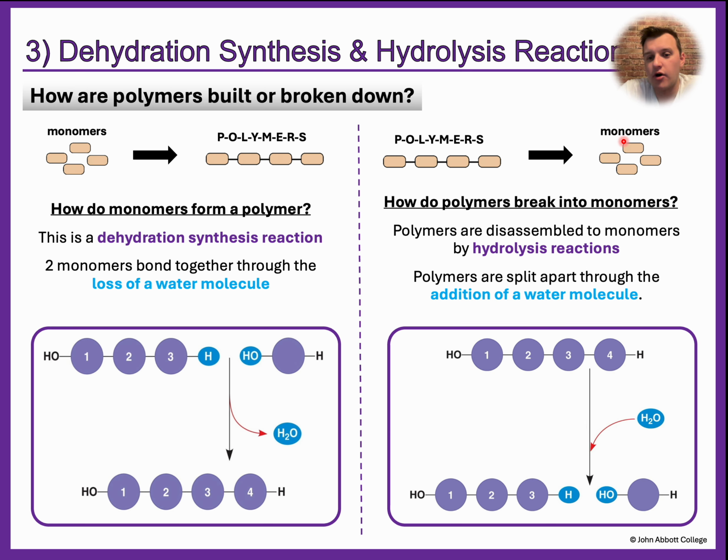Or even in the human body, sometimes we need to break down molecules that are no longer good, or many, many different things, right? But these polymers sometimes need to be broken down to monomers, and there's reasons why we need to do that. So when we do that, polymers, they are disassembled to monomers by what we call a